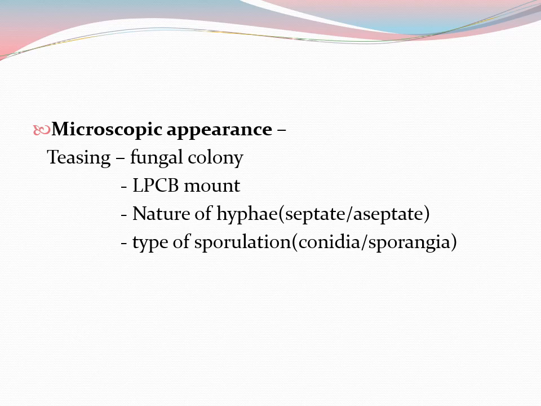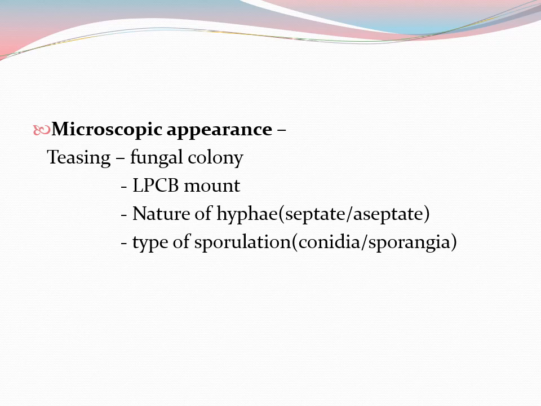What we are noticing there is what type of hyphae are present, whether they are septate or aseptate, whether they are phaeoid fungi or hyaline fungi. Phaeoid means they are black in color. Certain fungi, the dematiaceous fungi, as we say, are black colored fungi, so they will not take up this blue stain. And hyaline fungi will take this blue color, so they will appear blue.